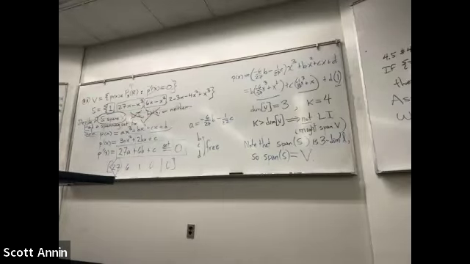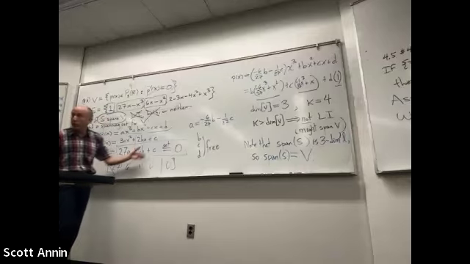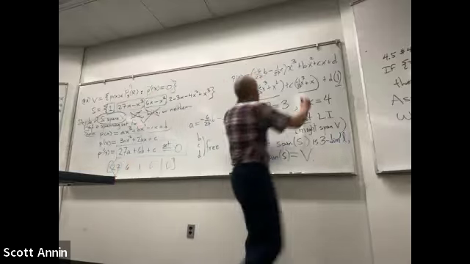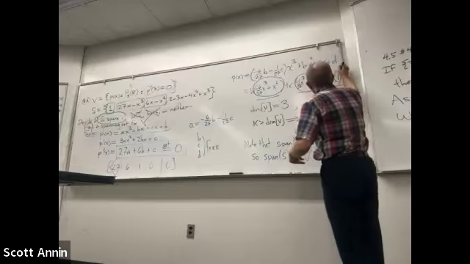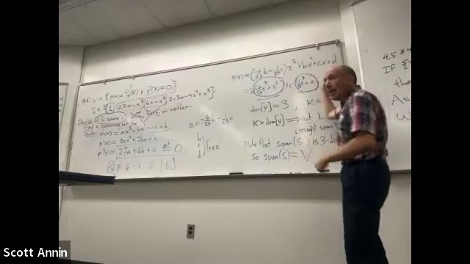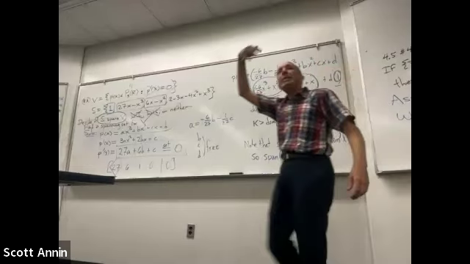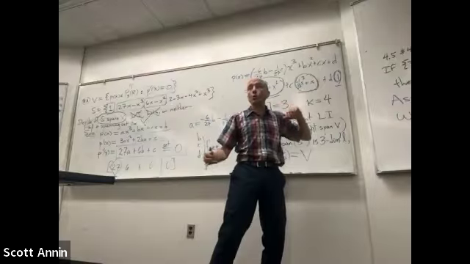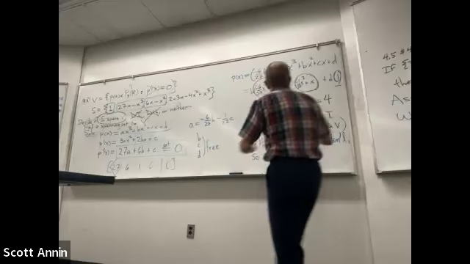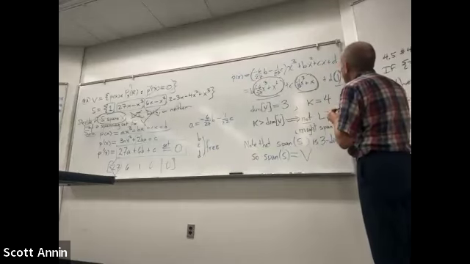That would have been a better question. If I asked to find a spanning set for V, all of this stuff in blue would have been good. It would have been totally correct. And your spanning set would just be these three vectors, right? And then I could have a part B to that question where I ask you, are they LI also? And then you could go to the same reasoning again,